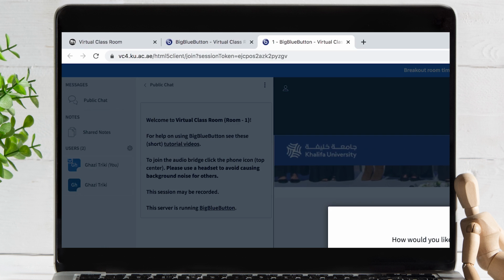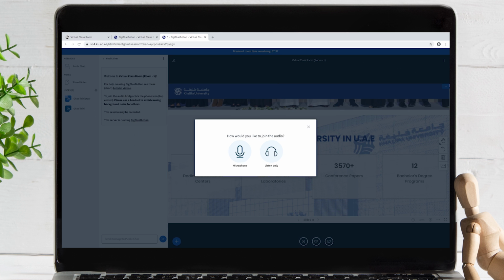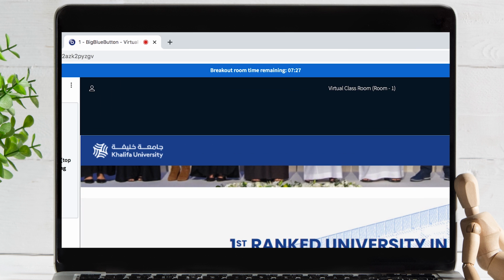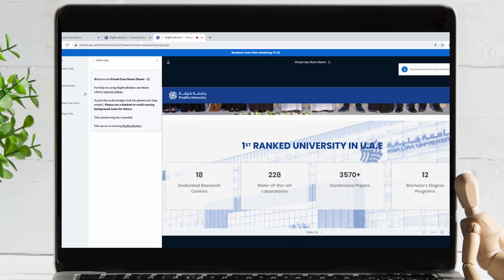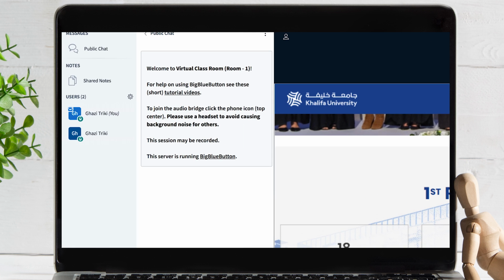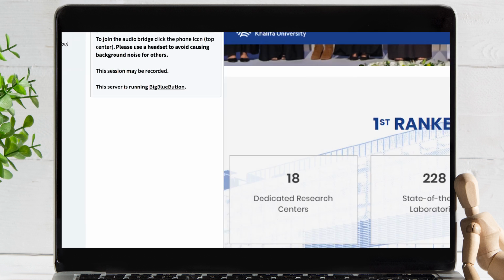After joining the breakout session, you will notice a new tab opens up, but you will still be in the main session. You will be prompted again to do a new echo test. At the top, you will see the amount of time the breakout room will be open. Everyone in the breakout room comes in as a moderator, so you can upload slides, show your notes, and write